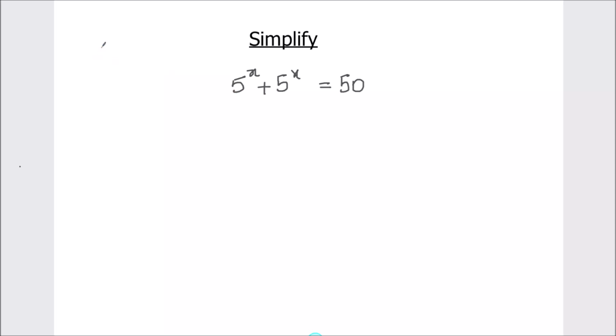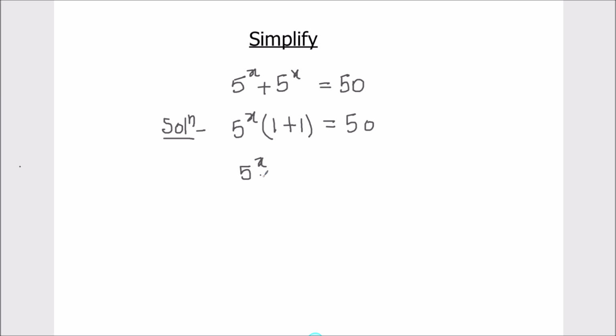Hello students, let's solve this Math Olympiad problem where we have 5 raised to power x plus 5 raised to power x equals 50. So here our first step will be to take 5 raised to power x common. So that's going to be 5^x(1 + 1) = 50, or we can write it as 5 raised to power